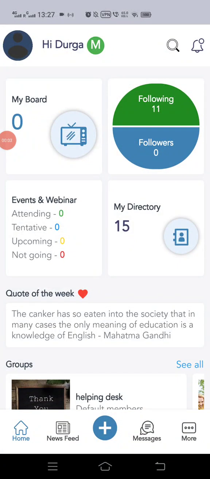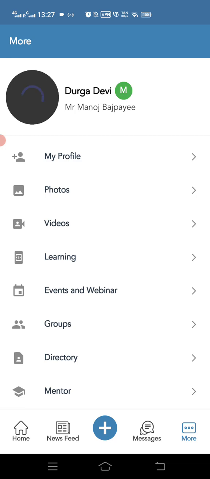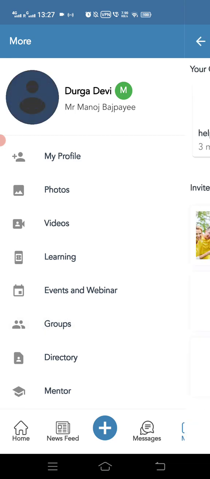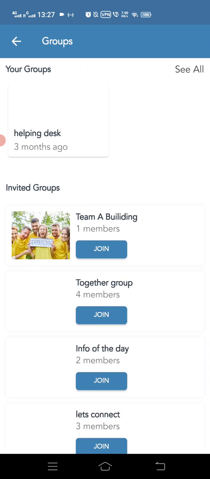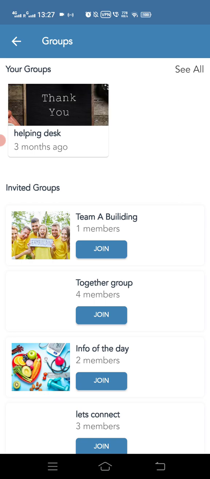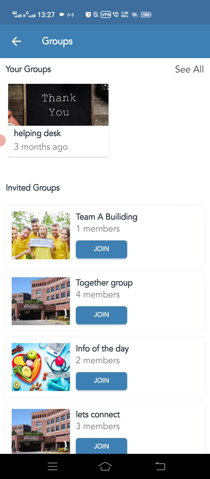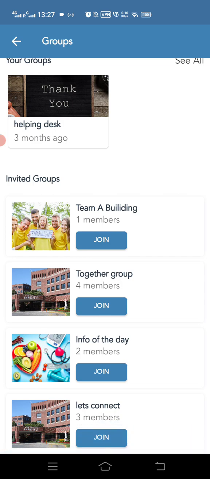So on the Mentor application, if we go to the more section, we have a section called groups. In this, the listing of groups to which this user or mentor has been invited appears. The default group comes under the heading of your groups, and under the invited groups heading, the groups to which I have been invited appear. It shows the group name and the number of members